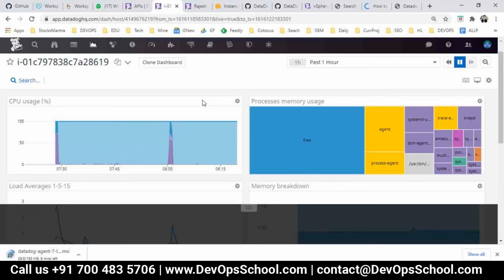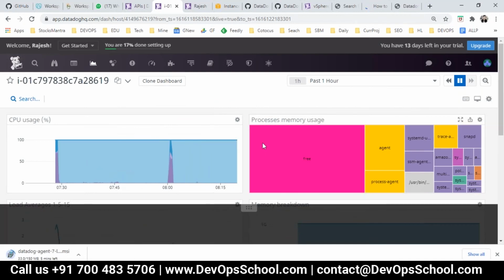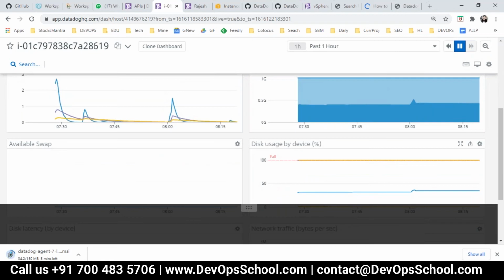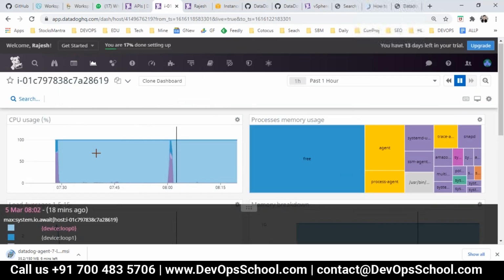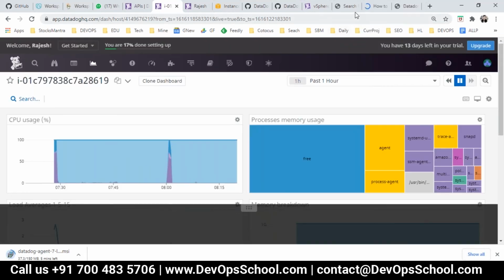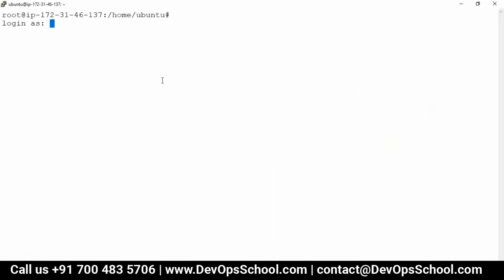Still getting loaded. So now if you see here, here you have a CPU, here you have process memory usage, not process monitoring. Here you have available swap, disk swap, and all stuff like that. So I am not able to locate the process monitoring, though maybe that's still getting refreshed. So now what to do? I will go to this machine which I have set up, and the username is Ubuntu,